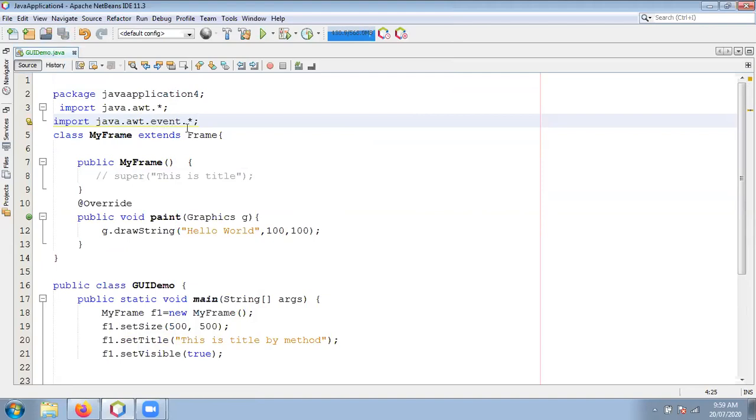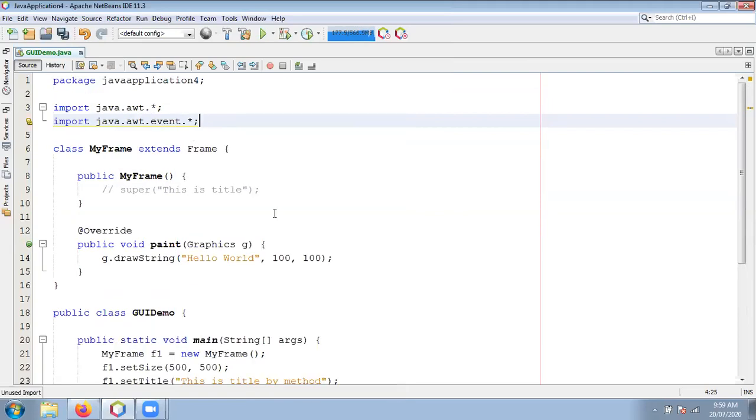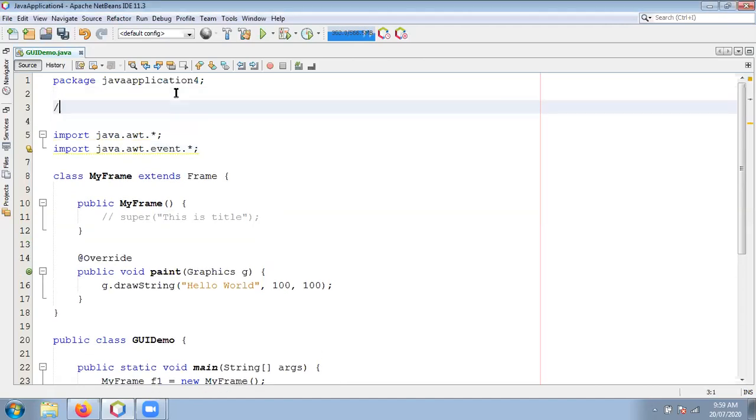The name of the package is java.awt.event package. Now the question is how to handle the event of any control or any frame window. So we have to follow some procedure, some steps. For example, I'm going to write down the steps here inside the comment section. So first of all, create object of desired